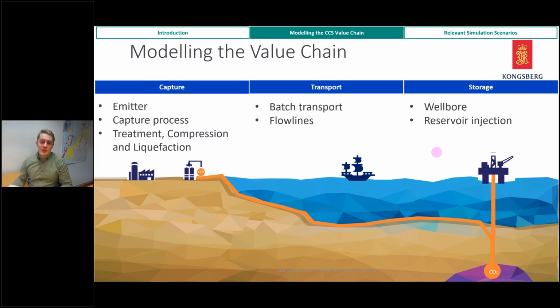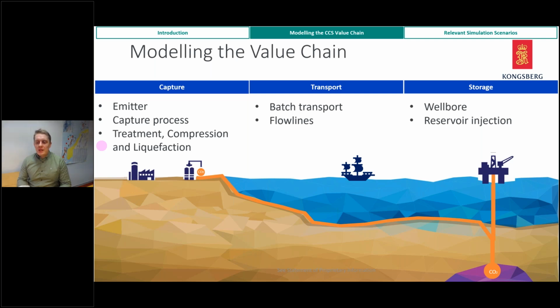Well, of course, on the capture side, there is some sort of emission process. There is a capture process, and then we have the treatment, compression, and liquefaction. Now, all of these processes, you might be an expert in one, you might need information from the other. I'm going to try to emphasize here how we can actually think of the process model as